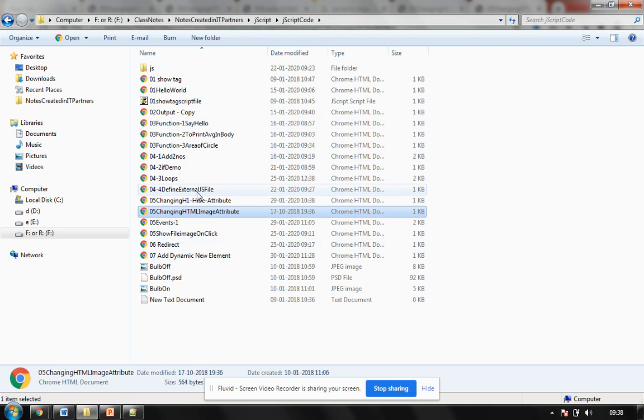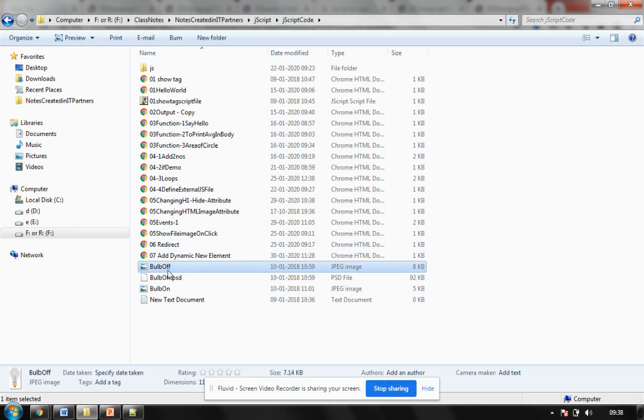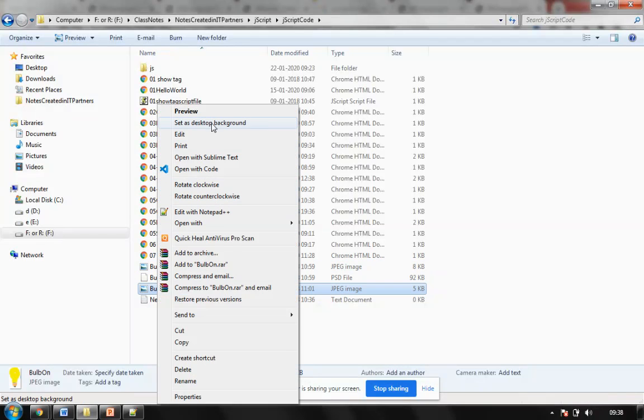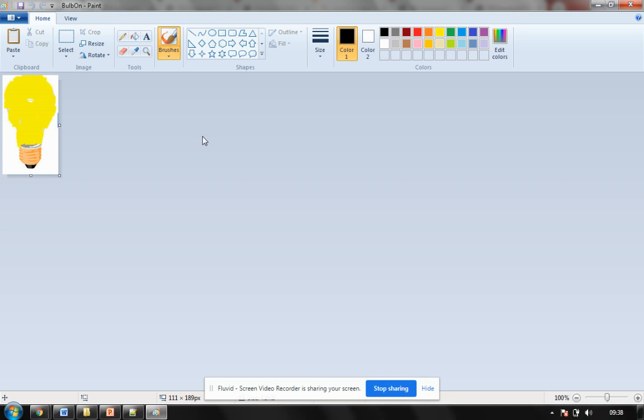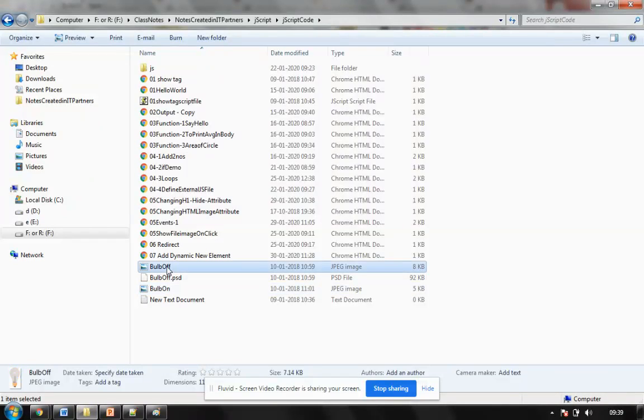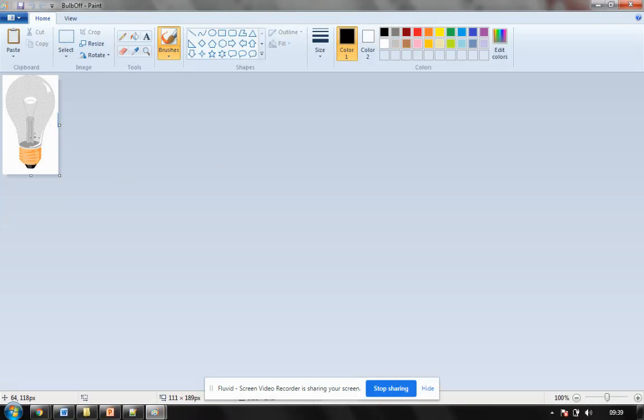So I go into my picture folder. I created a pictures folder here and two pictures in it. This is my first picture. I open it for the on button in Paintbrush, edit it, and open it. This is my second picture, again opened in Paintbrush. So this is my first picture, and this is my second picture. In the second picture, just to show the glow effect, I did a small change. I used this glow area and changed its color to yellow.